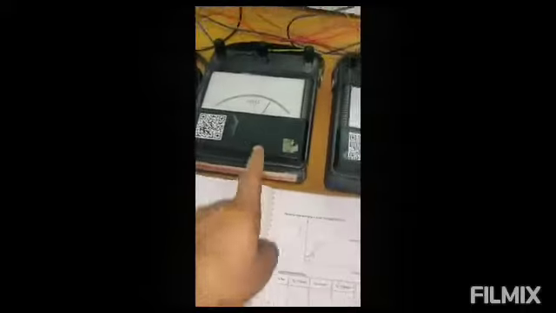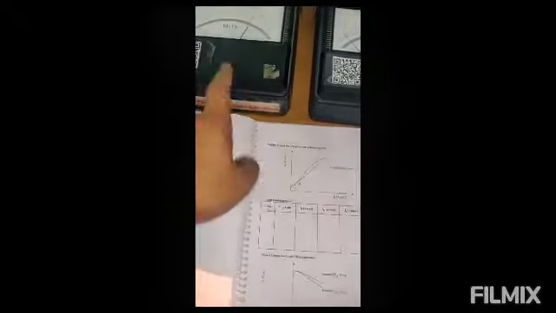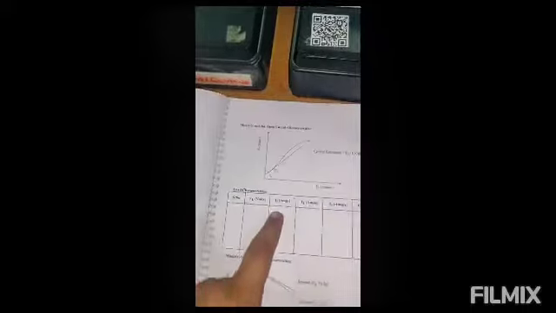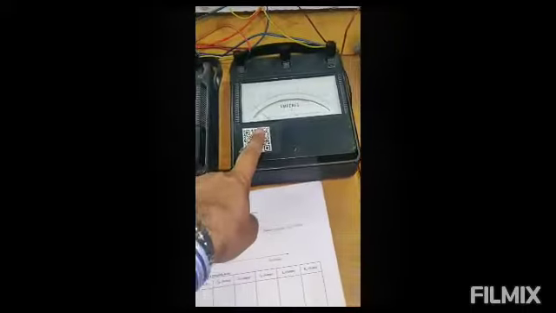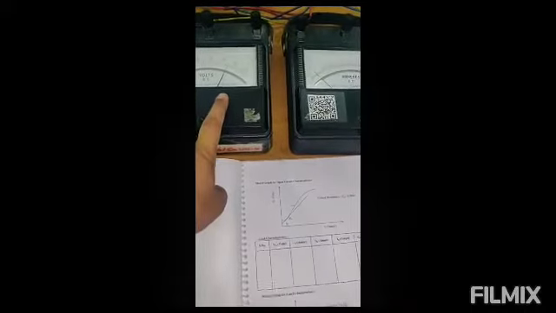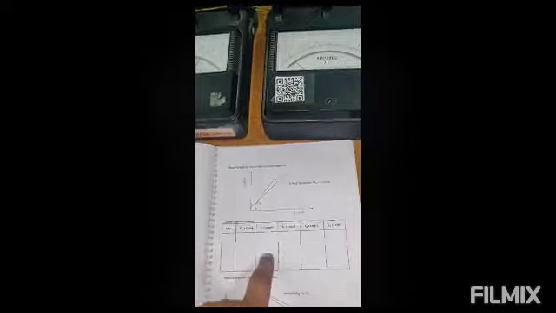Now on this load, what values do you need to find out? You have to find the value of VL. The EG which I told you previously is now VL. So you will measure the value of VL here and jot it down over here. What is this one? This will be IF. The IF value will be the same, with the rated value of 230 volt. The IF value will be the same for every reading.